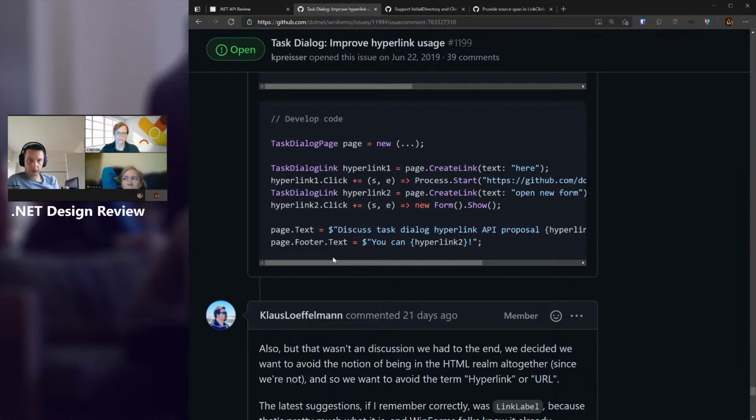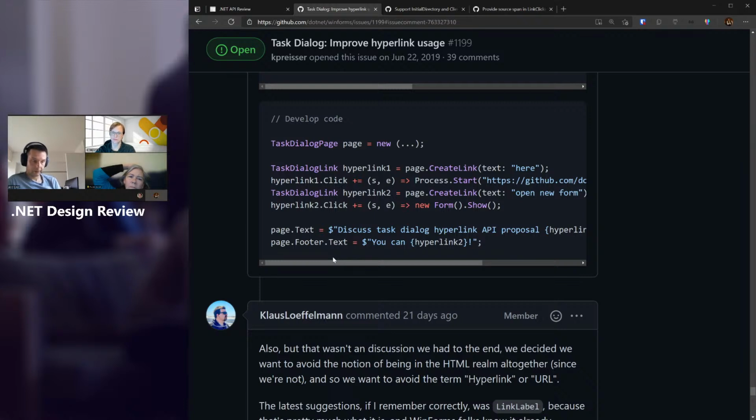But the trouble is the web button and any other control in Windows Forms typically has a click event, and the control itself is responsible for handling any actions on it. Whereas with hyperlinks in the task dialog, hyperlinks belong to a page, and the page reacts to clicks. So a lot of comments we got said it feels very disconnected.